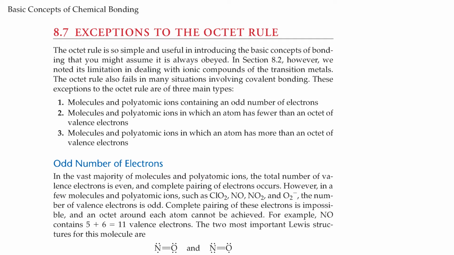For example, nitrogen oxide contains 5 plus 6 equals 11 valence electrons. The two most important Lewis structures for this molecule are